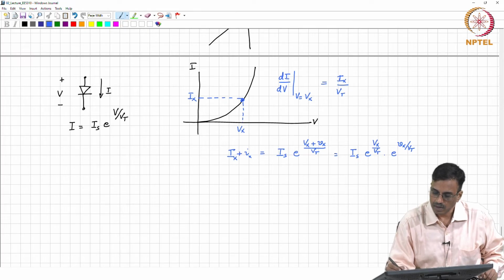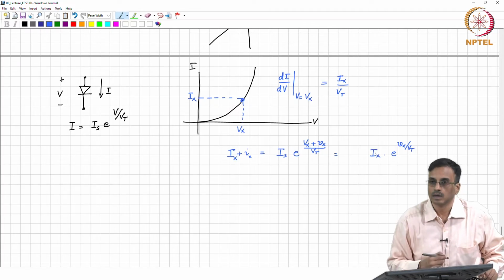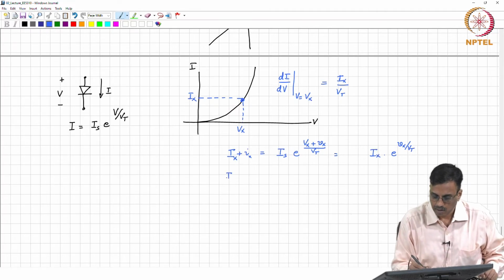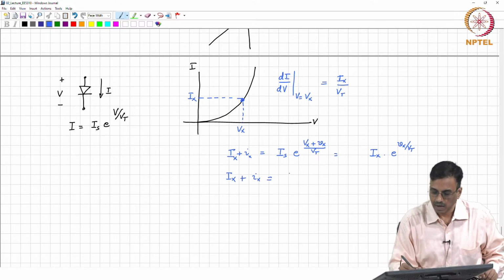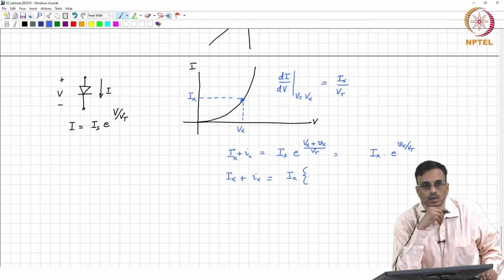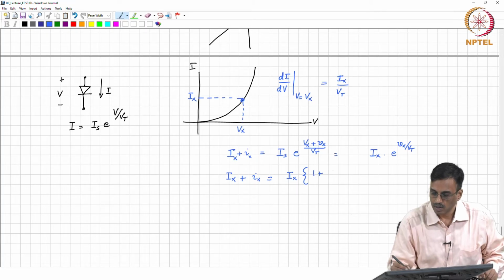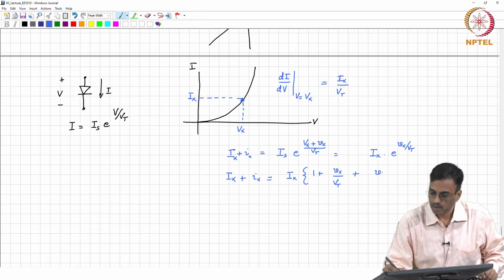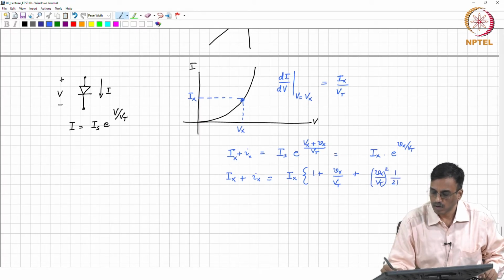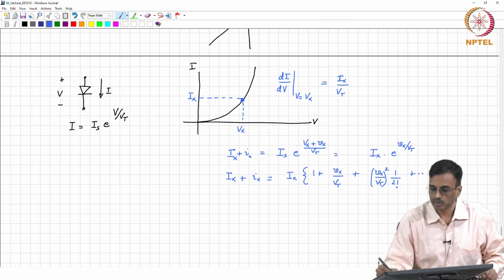This of course is nothing but Ix. So Ix plus small ix is nothing but Ix times 1 plus small vx by Vt plus (small vx by Vt) whole square by 2 factorial plus higher order terms,